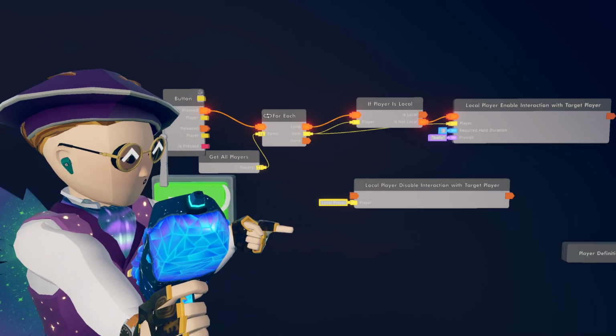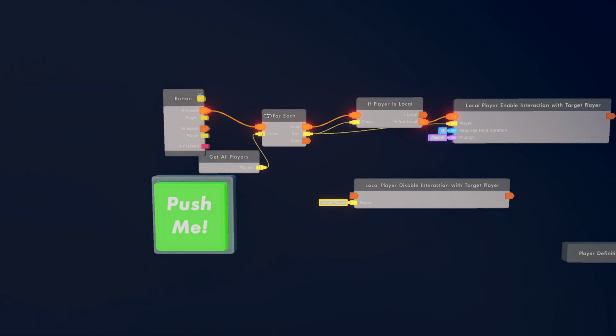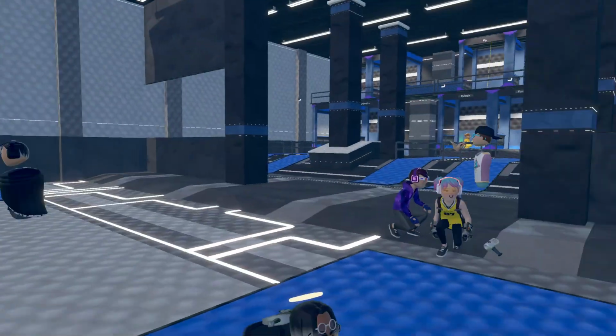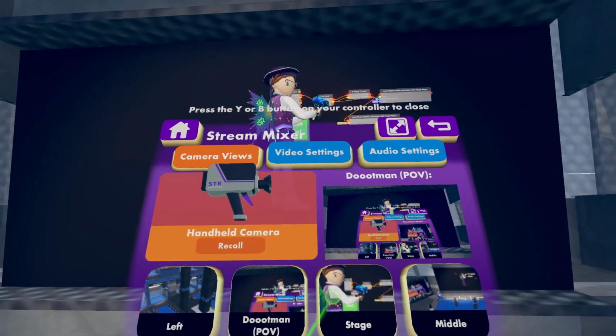This basically turns the player that you activate it for into an interaction volume where you can click on them and run some sort of circuitry once you've clicked on them. And you'll know which player you're clicking on because it has a player port on the output.